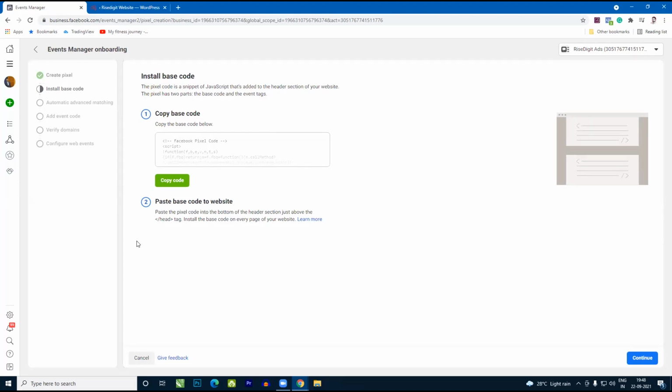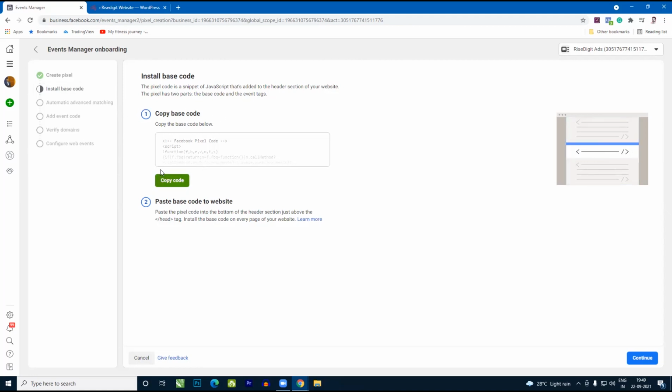So this is important and this is not overwhelming. Trust me, this is a very simple process. Even your developer can obviously do that. It's an easy process and even you can do this. If you ever feel like this is overwhelming, make sure you just save this video with yourself and come back and watch any number of times you wish to, and then complete it. This is going to be the complete installation video for the pixel code.